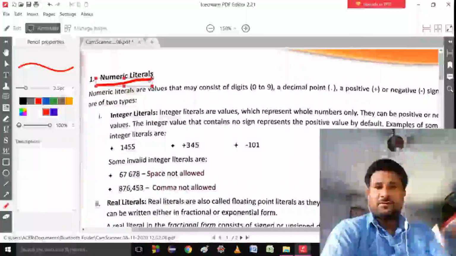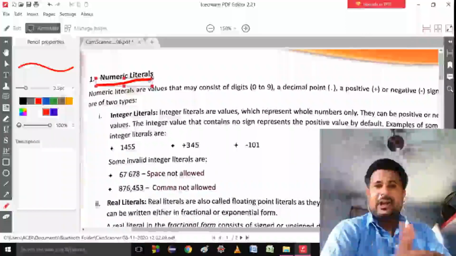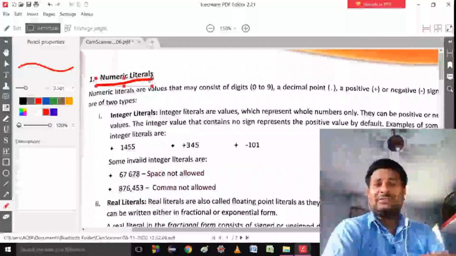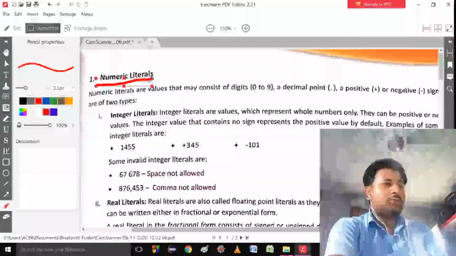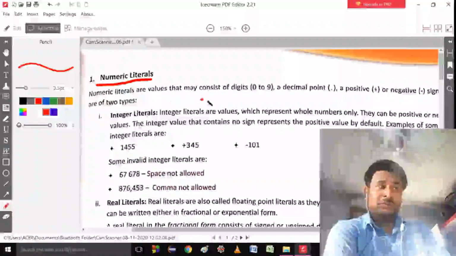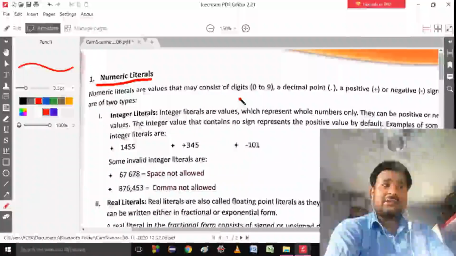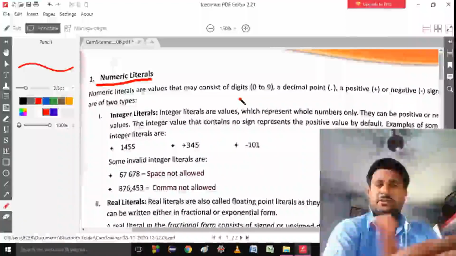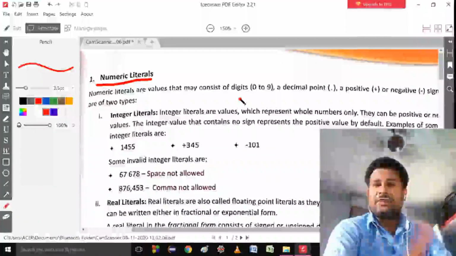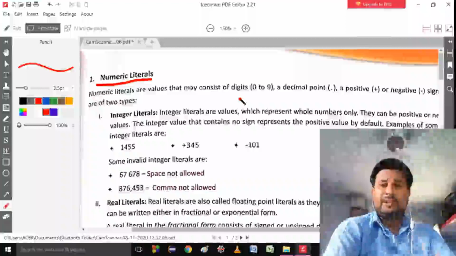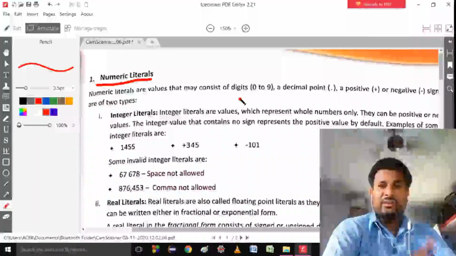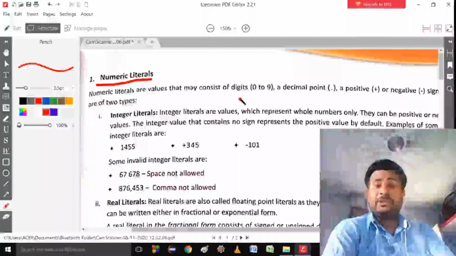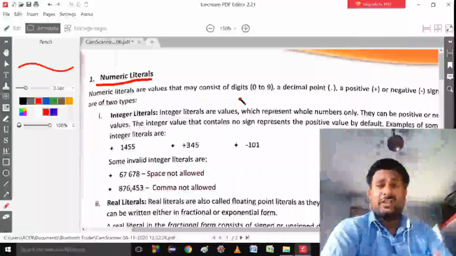A number can be a whole number, or a number written in decimal form. Numeric literals are values that may consist of digits 0 to 9, a decimal point, and a positive or negative sign. That means the number can be positive, negative, or have a dot.